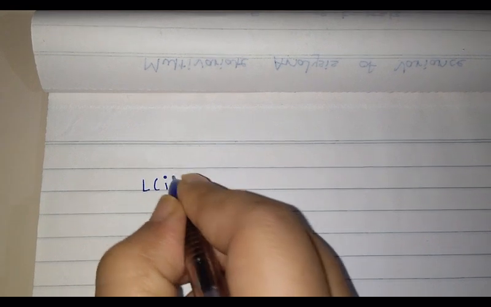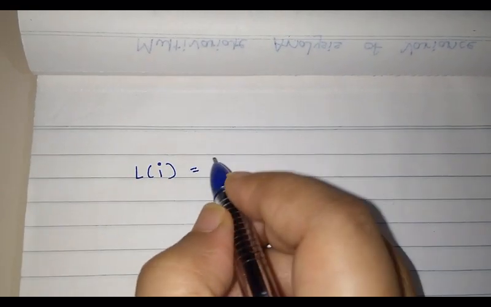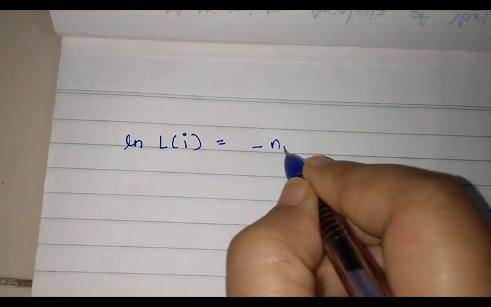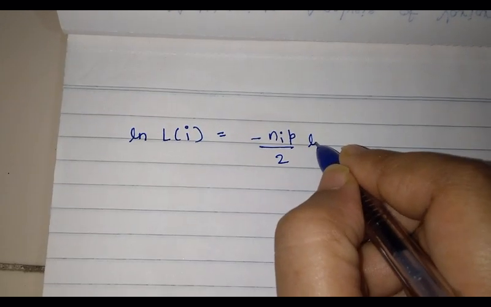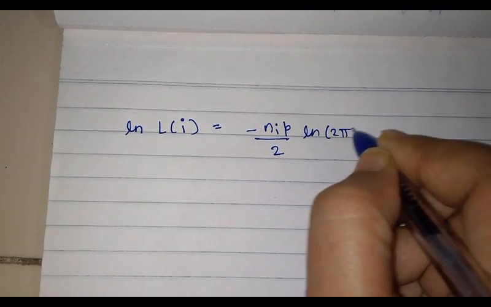Let me write down the likelihood for the ith population. We can directly write down the log likelihood, because I am assuming you now have enough practice. So minus n_i p by 2 log of 2 pi